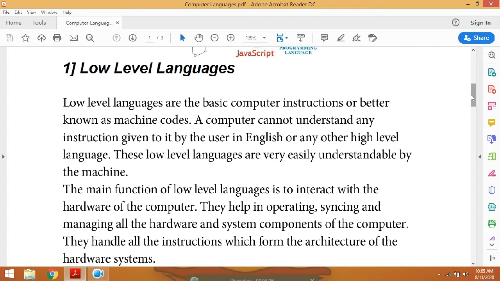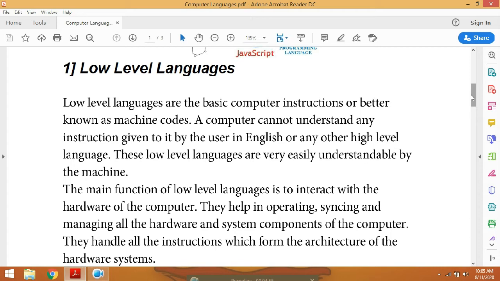Just think, two persons are talking, and one person is from India and the second person is from China, or you can say from Russia. Now the person from India knows only Hindi, and the person from Russia knows only the Russian language. So now what will happen? They will not be able to communicate their ideas with each other.